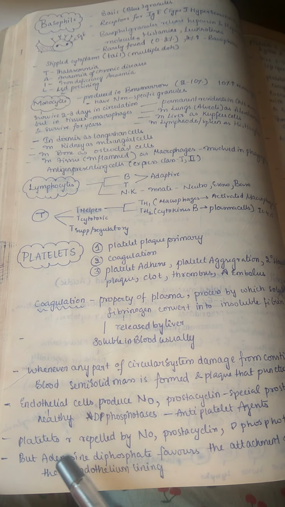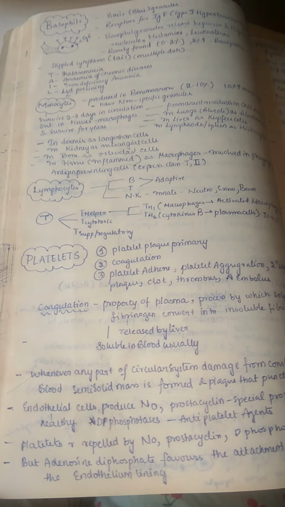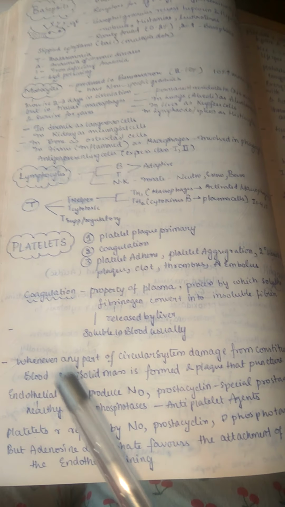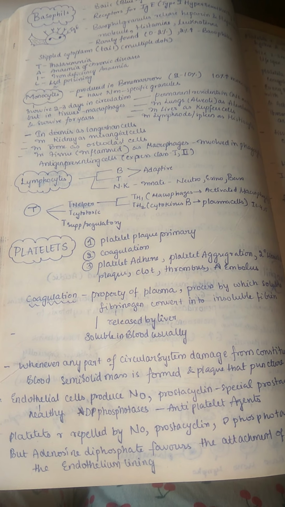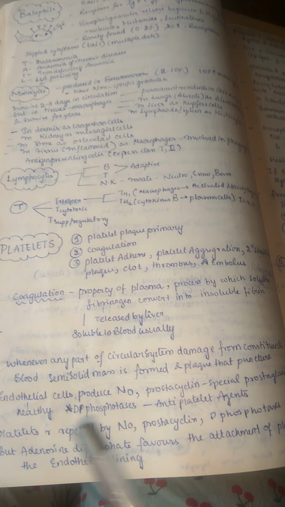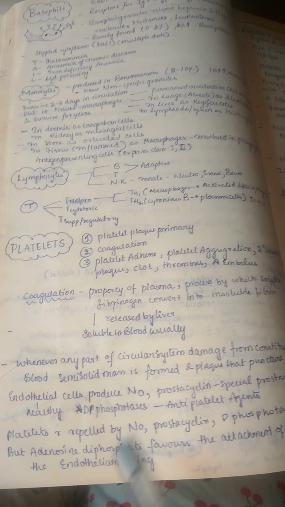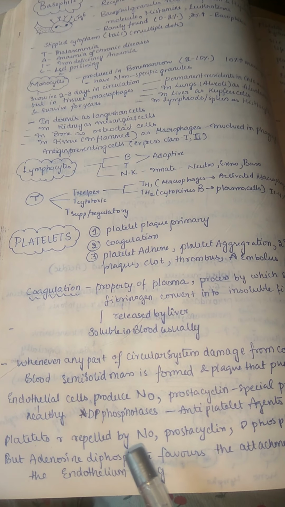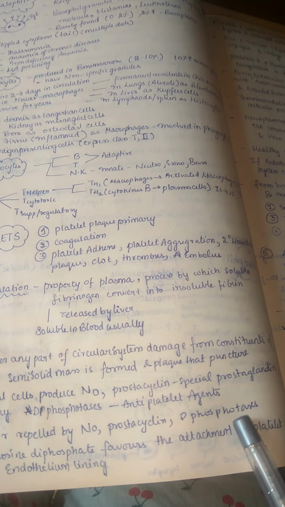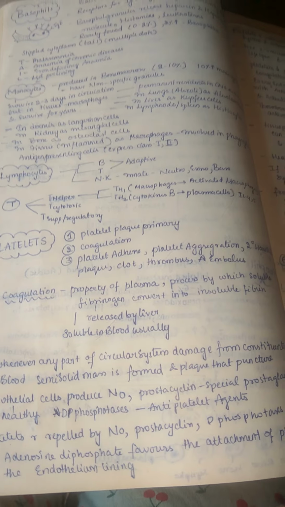So a healthy endothelial cell always tries not to produce platelet plugs. It produces them only whenever there is an injury, to prevent the blood loss. That's it, that thing we need to remember. So what are the products which help mainly to prevent this platelet plug formation? Nitric oxide, prostacyclin, which is a prostaglandin, and also ADP phosphatase. Very important point. The platelets are repelled by nitric oxide, prostacyclin, and ADP phosphatases. As they are repelled, they will not form any clot or coagulum there.